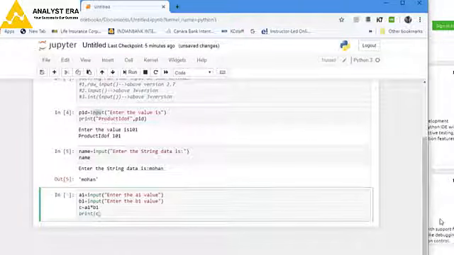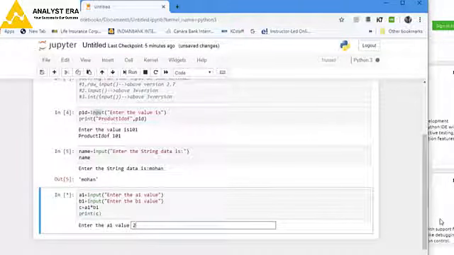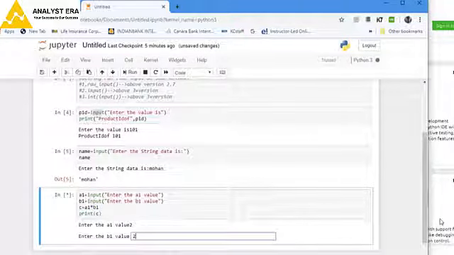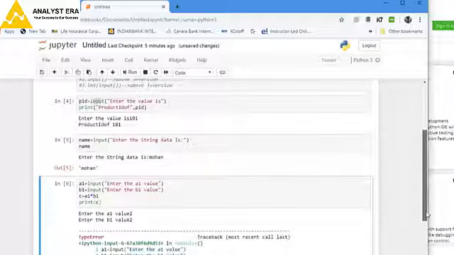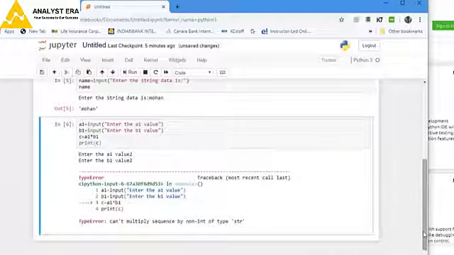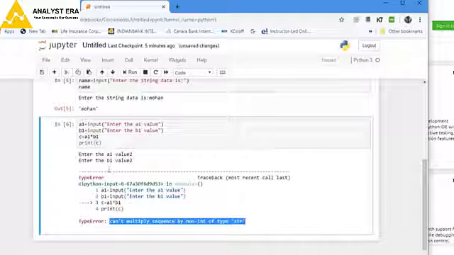Now it asks for runtime input. I give 2, and then I give 2. It will give an error. What error? Cannot multiply the sequence by non-int type of string type.